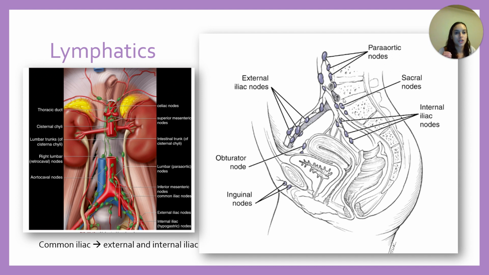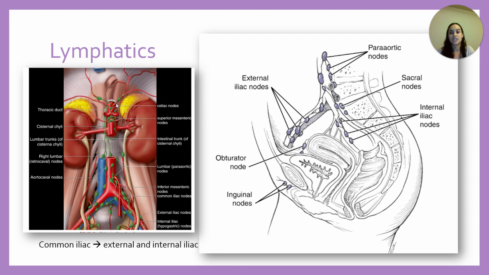You're going to have your sacral nodes, which are sitting right by your sacrum. And finally, your obturator node, a little bit more anterior. And the most anterior, most superficial group of nodes are your inguinal nodes. Okay, so the big picture that you need to take from the lymphatics of the pelvis, your common iliac, or